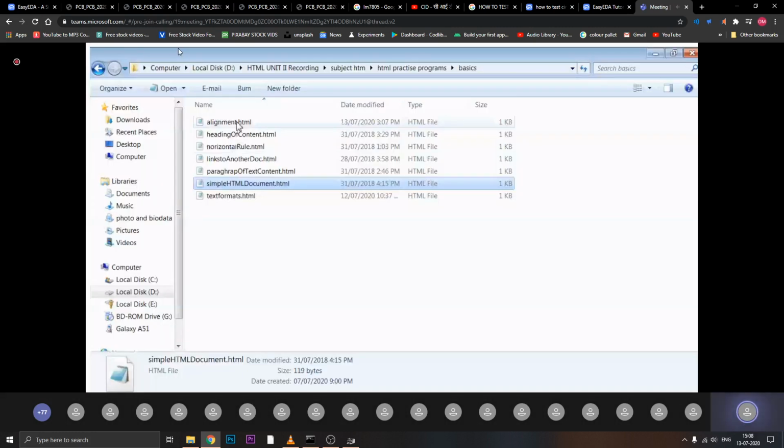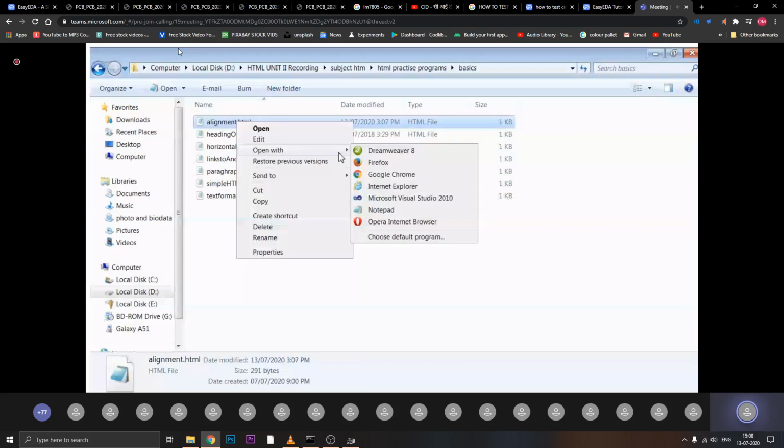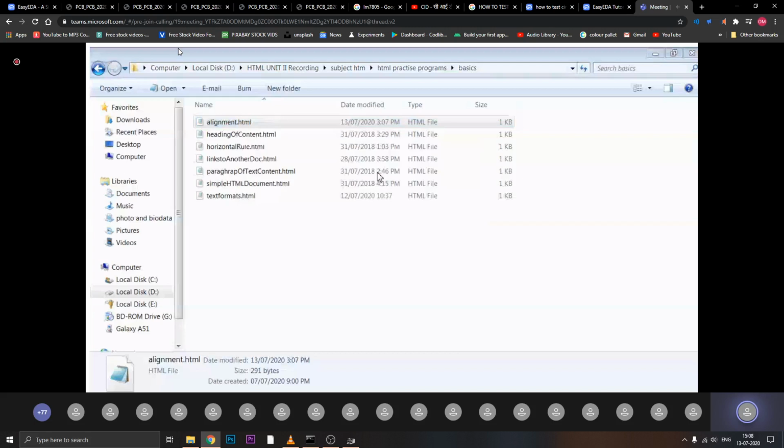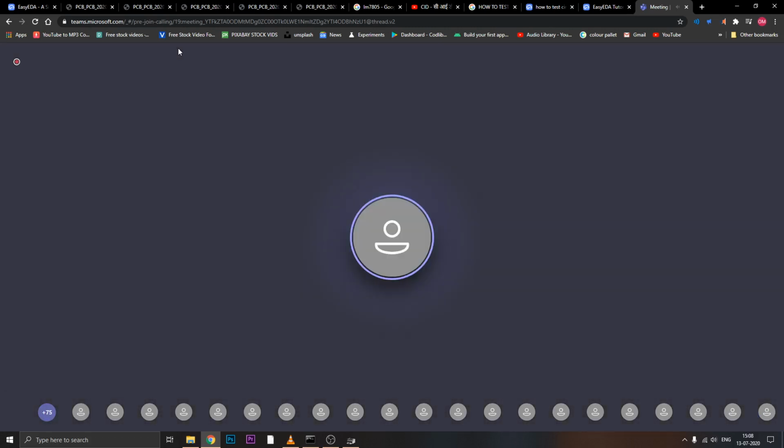So this alignment was the example taken. Then we will open it in the browser with Open with Google Chrome. Okay, the output will look like this.